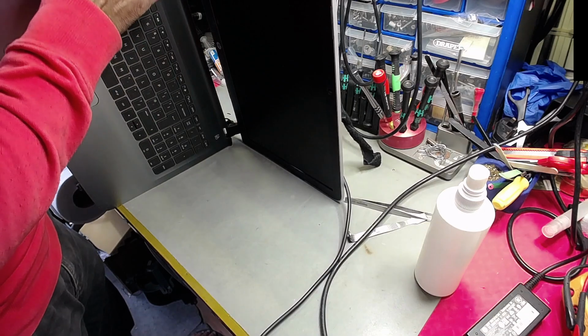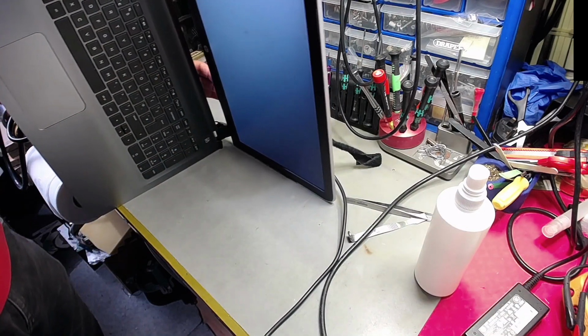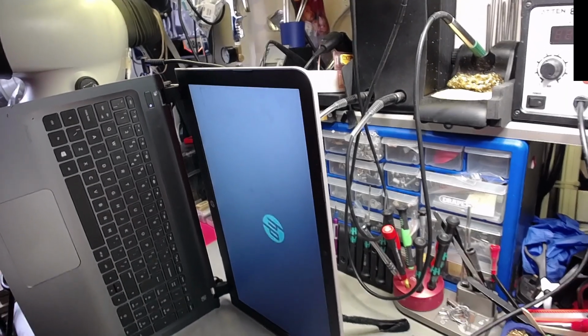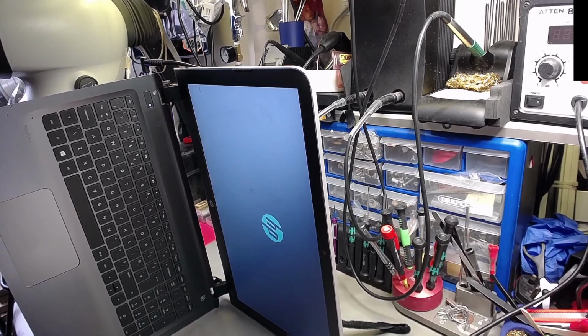Right, so power it on. Yes, I do have a fan spinning. I'm not going to get the error message for the fan now. It will boot to Windows. So there you have it, that problem's been rectified. But that doesn't mean that everything else is okay. I've got to run the test on the disk drive and the memory as well. So I'll probably run a system diagnostic on it and